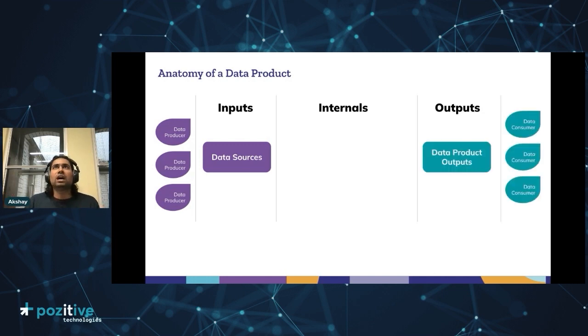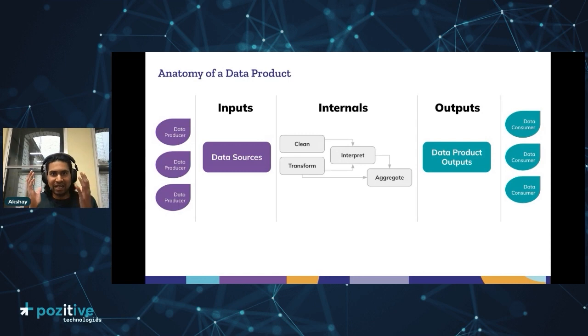And then on the right side, you have your data product outputs. Again, these can be the data sets that you've produced for your team. They can be an event stream. They could be a sheet, anything that the consumers can then use to create any sort of insights, reports, machine learning models, and so on. And then you have your internals. This is where everything under the hood goes. This is where you may have some sort of ingestion pipeline, transformations, interpretation, and aggregation happening. That's basically what forms the data product.